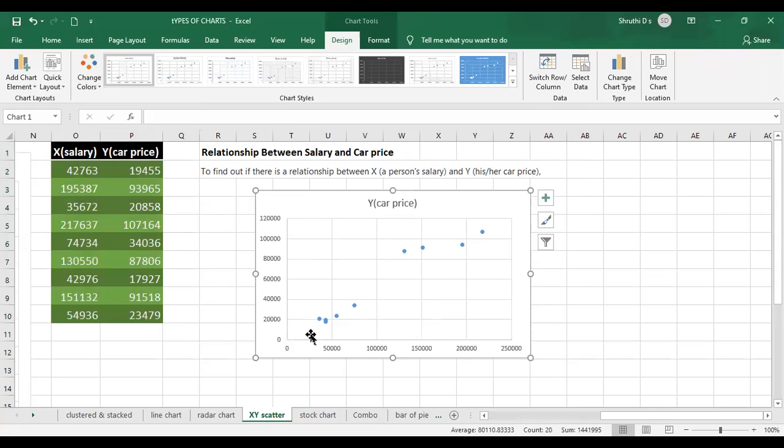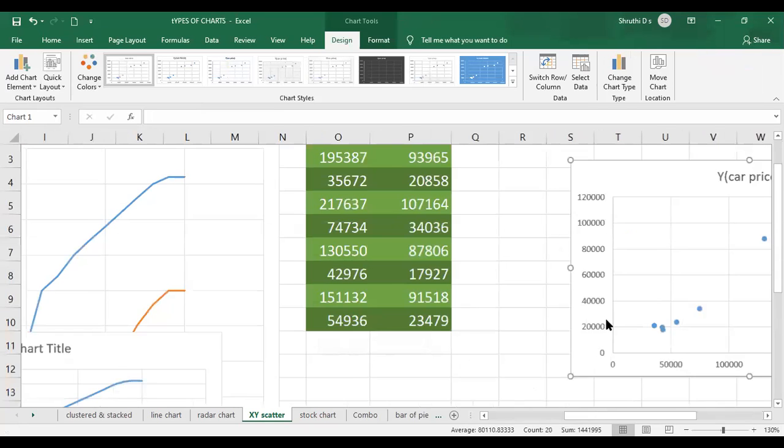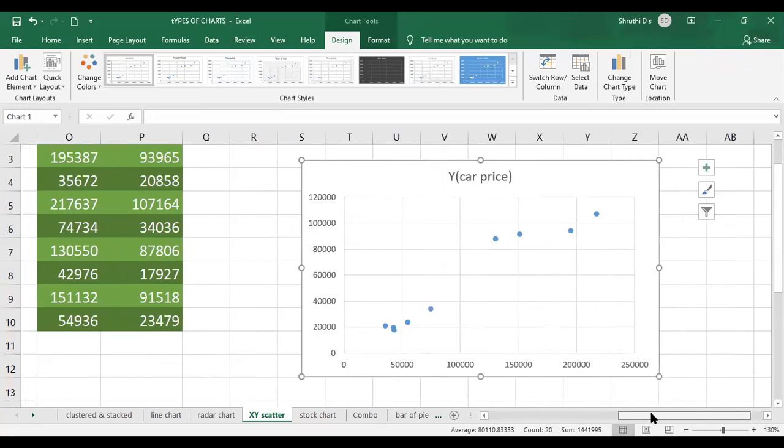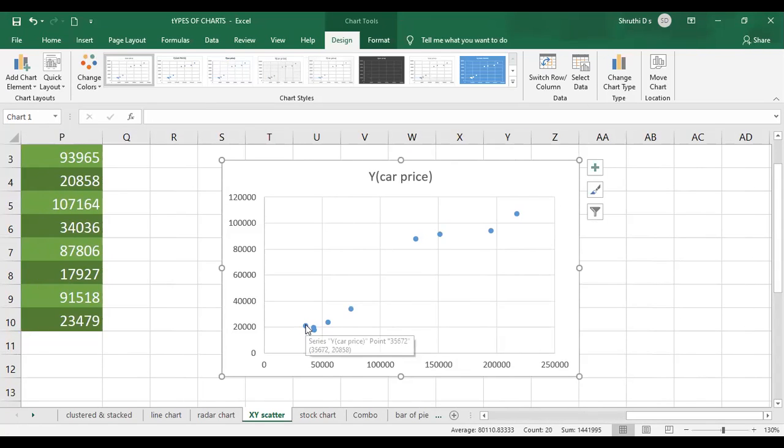See, it will show you. I'll just place the cursor over here. Once I place the cursor there, it is the series which shows the relationship built between car price and your salary. So according to the salary, it is going to give you the matching car price here.